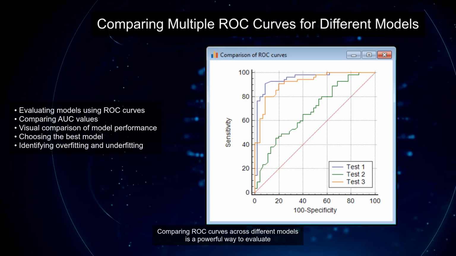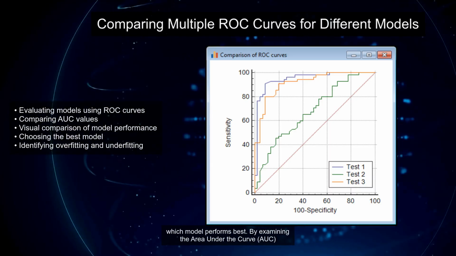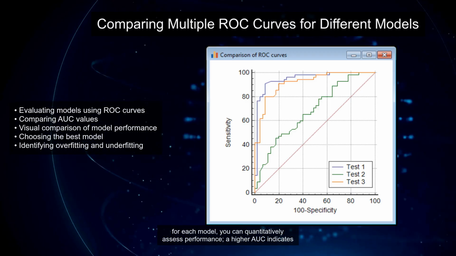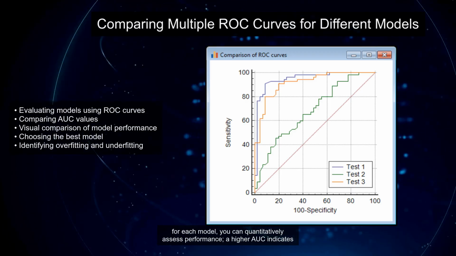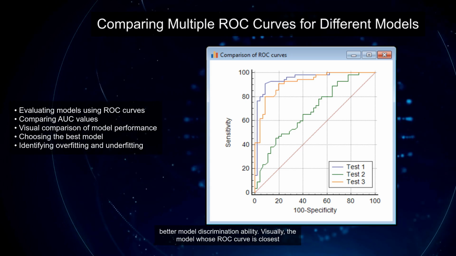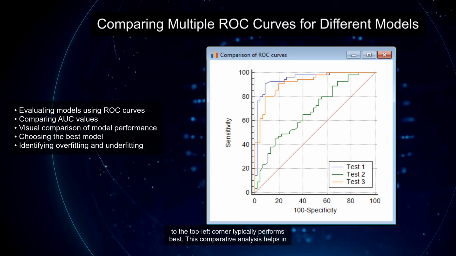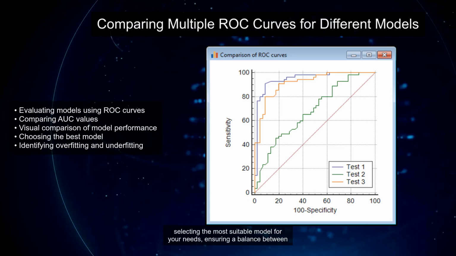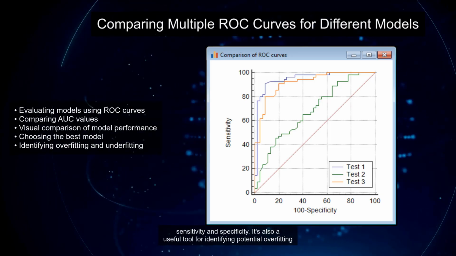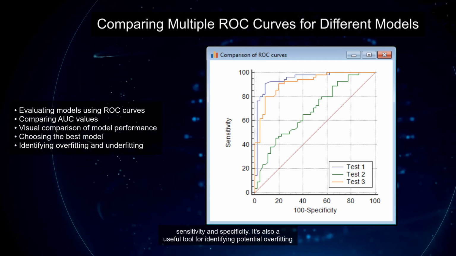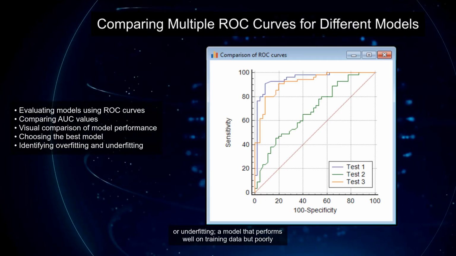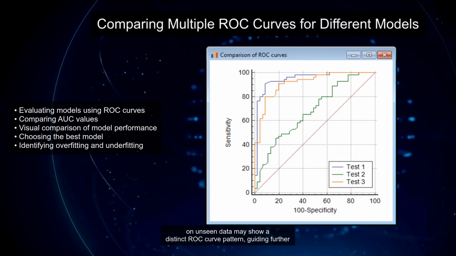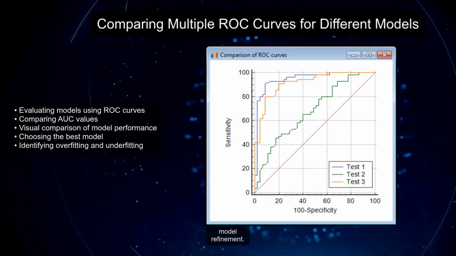Comparing ROC curves across different models is a powerful way to evaluate which model performs best. By examining the area under the curve, AUC, for each model, you can quantitatively assess performance. A higher AUC indicates better model discrimination ability. Visually, the model whose ROC curve is closest to the top left corner typically performs best. This comparative analysis helps in selecting the most suitable model for your needs, ensuring a balance between sensitivity and specificity. It's also a useful tool for identifying potential overfitting or underfitting. A model that performs well on training data but poorly on unseen data may show a distinct ROC curve pattern,